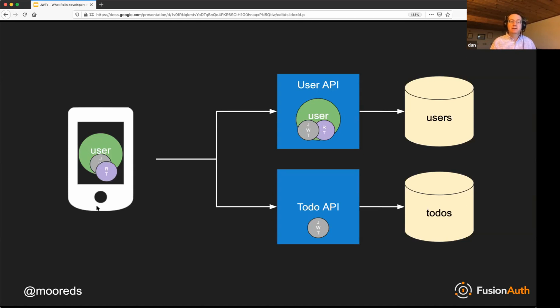The client catches that error and says, well, my JWT's expired, but I still have this refresh token. Let's see if I can get a new JWT. It passes the refresh token up to the user API. The user API sees that it's still a valid refresh token and then passes back a JWT to the client. And then the client can now take this new JWT, which has a new expiration time, and pass it to the ToDo API again. So that's basically the flow with refresh tokens. And that's the win they give you: you have this way of extending the lifetime of JWTs without requiring users to authenticate.